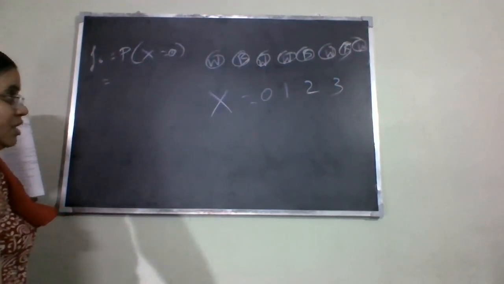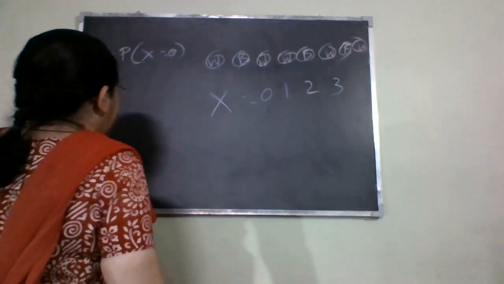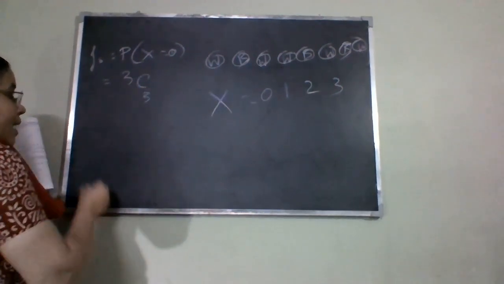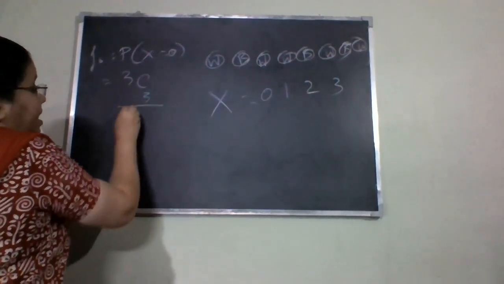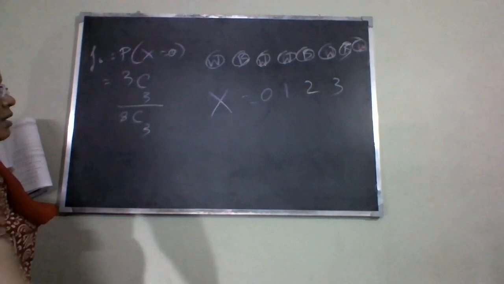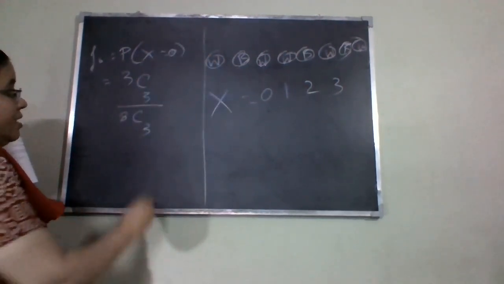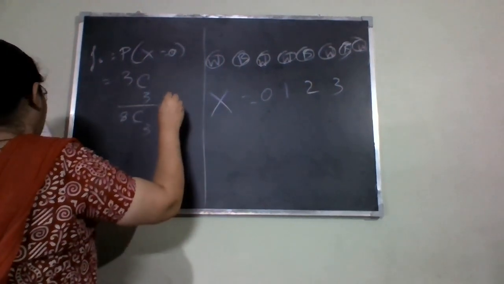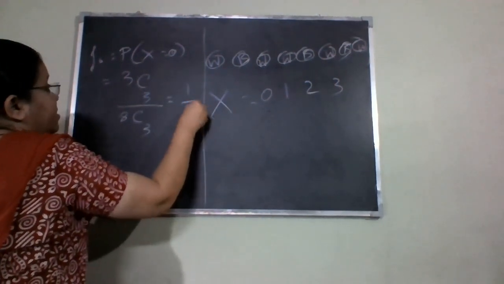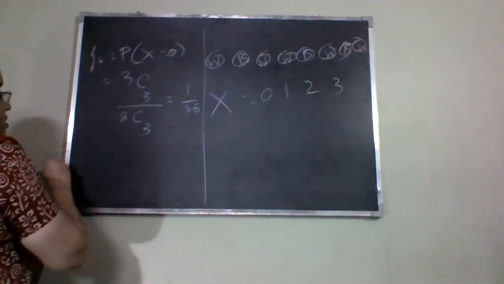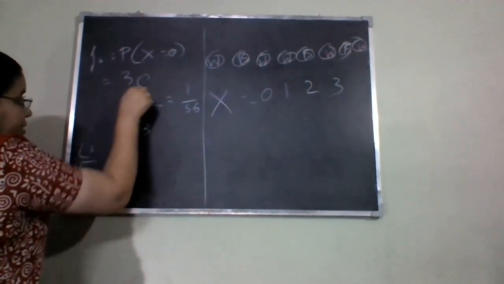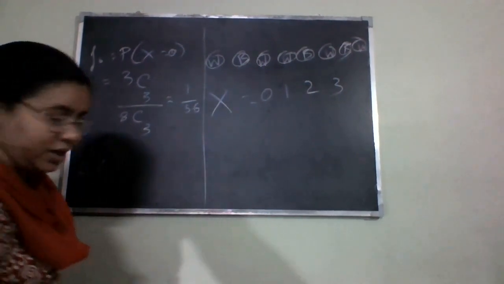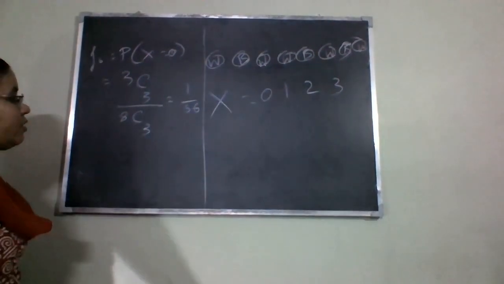You know permutation and combination; we have already learned this in elementary classes. So 3 balls you have picked, and the 3 are black balls, divided by 8C3. I write it over here: 8C3. If you calculate it, you will get 1 by 56. So 3C3 means factorial 3 divided by factorial 3 times factorial (3 minus 3), which is 0. So you have to calculate it like this. The way you calculate a combination, 8C3 means what? Factorial 8